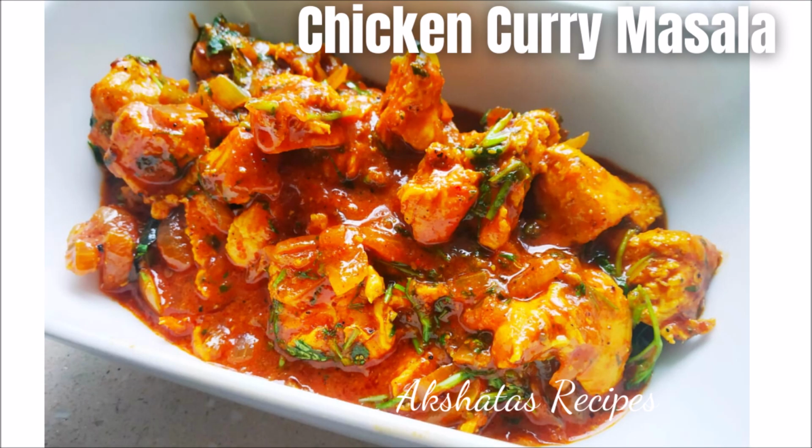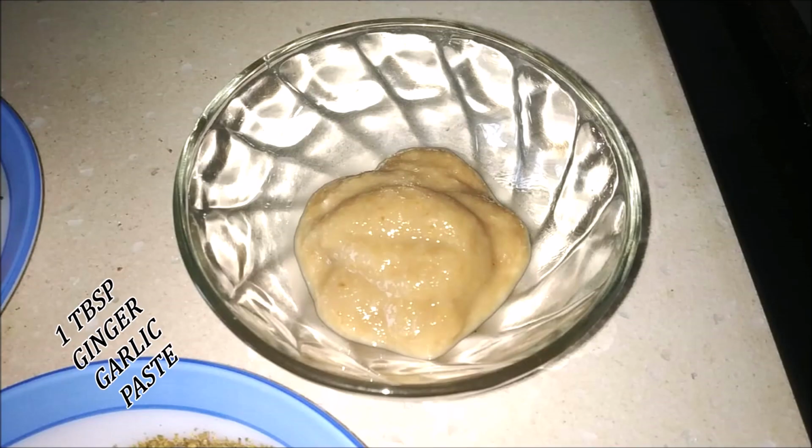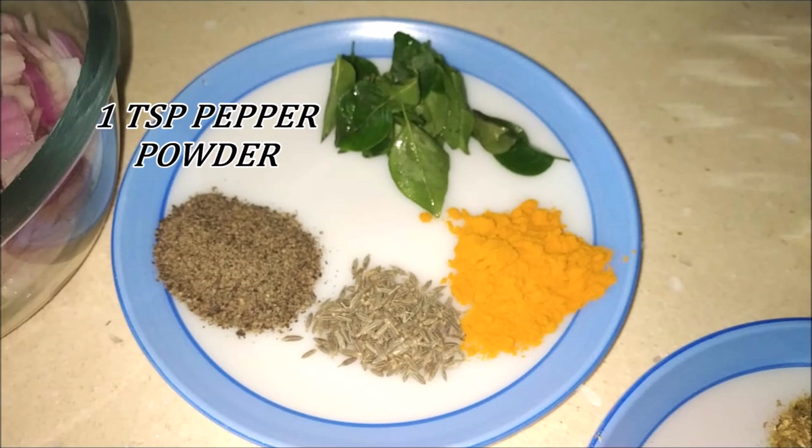So friends, let's see this beautiful chicken curry masala. Now in the ingredients, we're going to need 1 medium onion chopped fine, 1 tablespoon of ginger garlic paste, or you can use 5 cloves of garlic and 1 inch of ginger and make a paste, around 10 fresh curry leaves, 1 teaspoon of pepper powder,